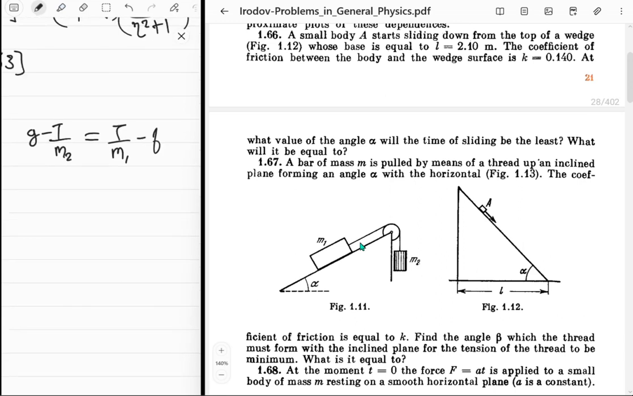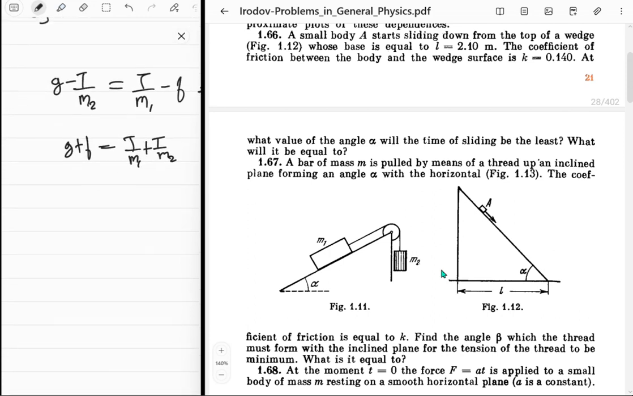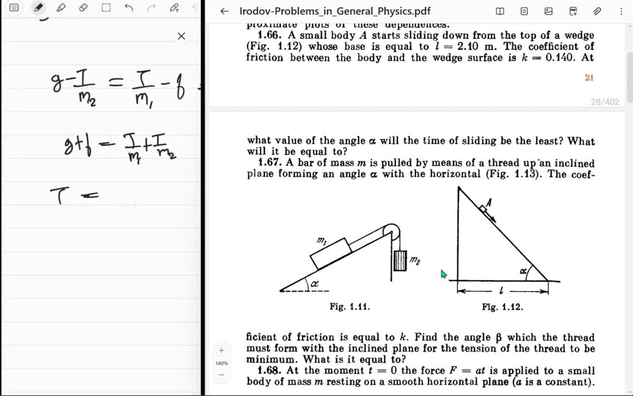Fine. So it just becomes G plus F. And yeah, the friction force that is down the incline, that's what we are taking. So the sign is just like that. It's going to be T upon M1 plus T upon M2. And all of this is just the acceleration for M2, right? So let's do it. T is equal to M1 M2 upon M1 plus M2